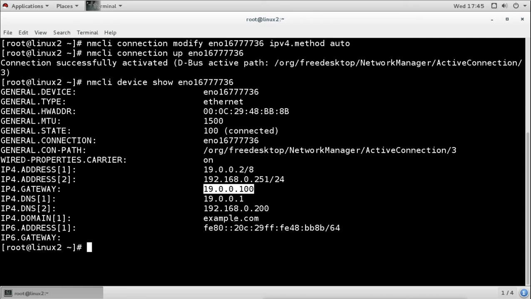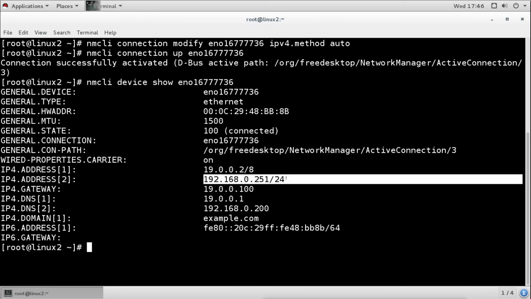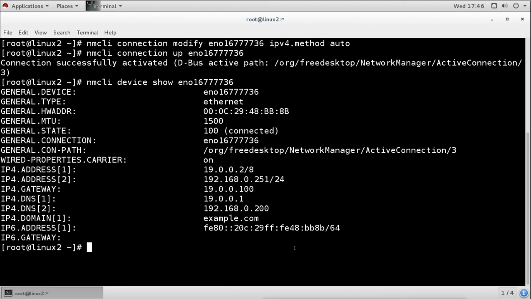We have not restarted the service, we have not rebooted, so previous IP addresses are also showing here. When we reboot the system, it will remove all the previous things and get the new IP address from the DHCP. Only the IP which we got from the DHCP server will remain.